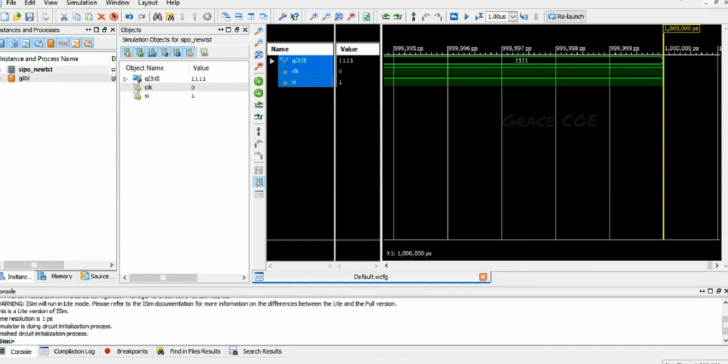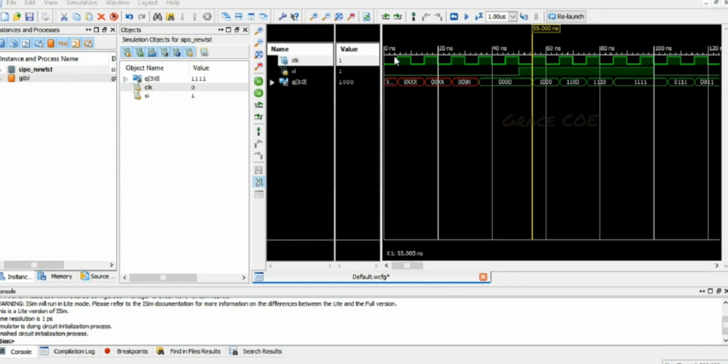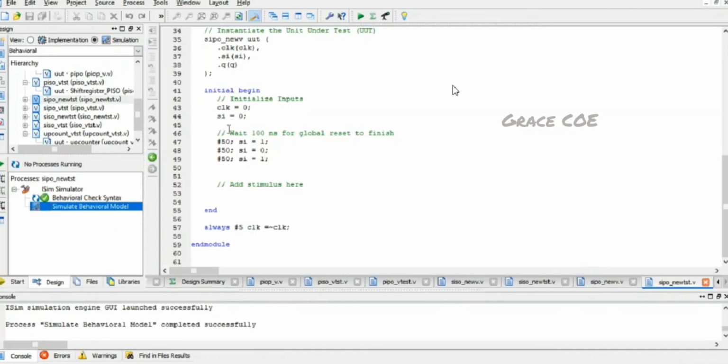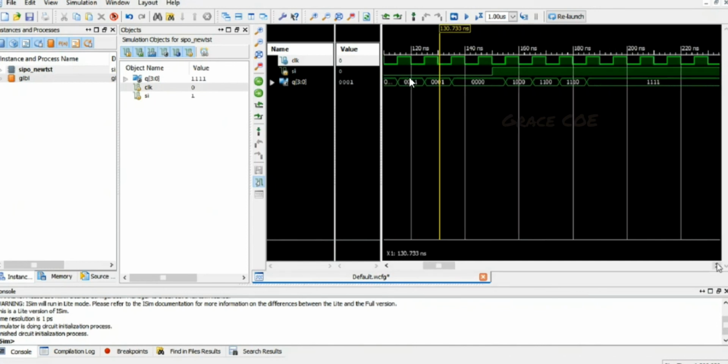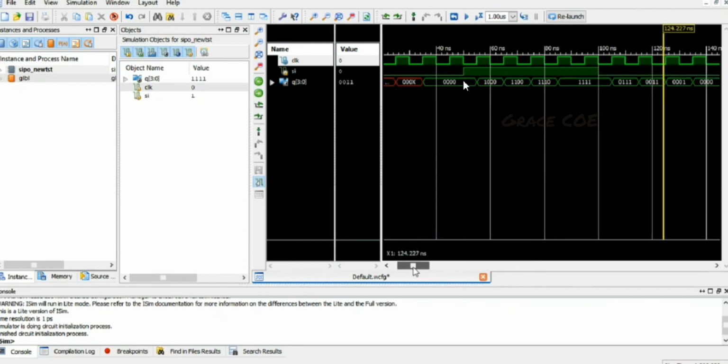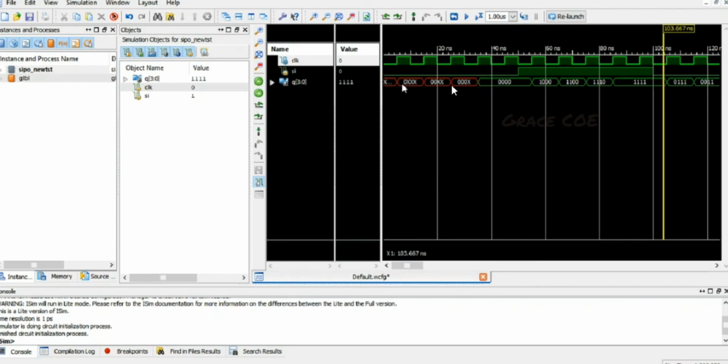So this is the output waveform we've got. So you can check over here. The input we have passed to the register is 0, 1, 0, 1. So the first bit of the input is 0. For this first bit to appear at the output of the shift register, you can see it is not being displayed immediately, but it has to be shifted across the 4 stages. So initially the value is XXXX. Then the first bit 0 is being passed on through each stage. When it crosses the 4 stages, you are getting the output as 0.